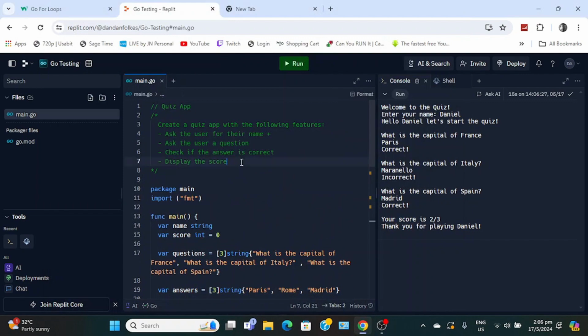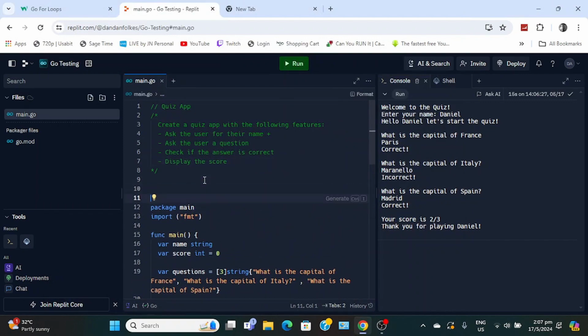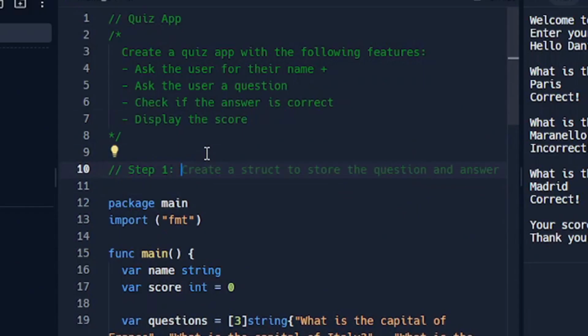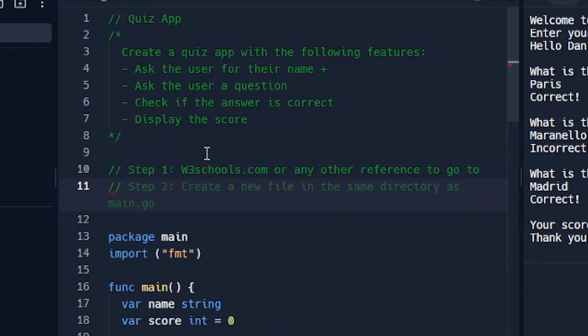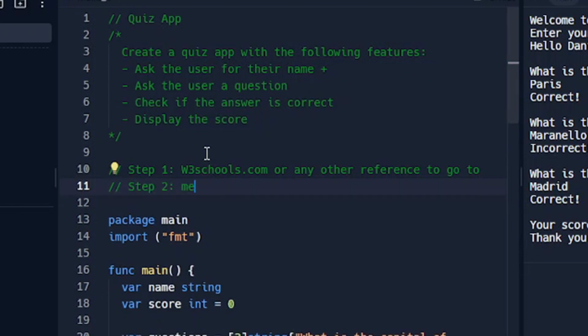So step number 1, I'm gonna write it down here. Step 1, w3schools.com or any other reference to go to. Right? So just pick a site, YouTube, the official documentation of the language, whatever. Then step 2, and this one is important, mess around with the code.